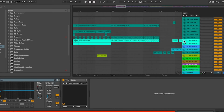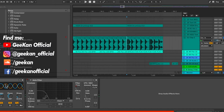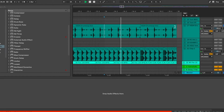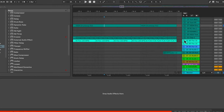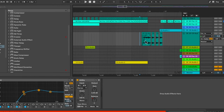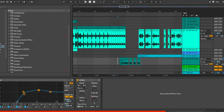Really simple actually. We have the clap, where I automated the panning at the very end, and the percussion loop. It really helps with the groove. Then we have the vocal automated, and the pre-drop vocal. And then we keep going with the main vocal